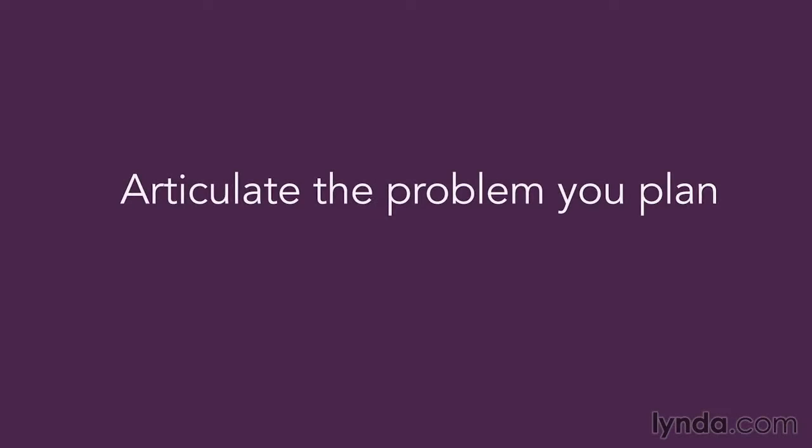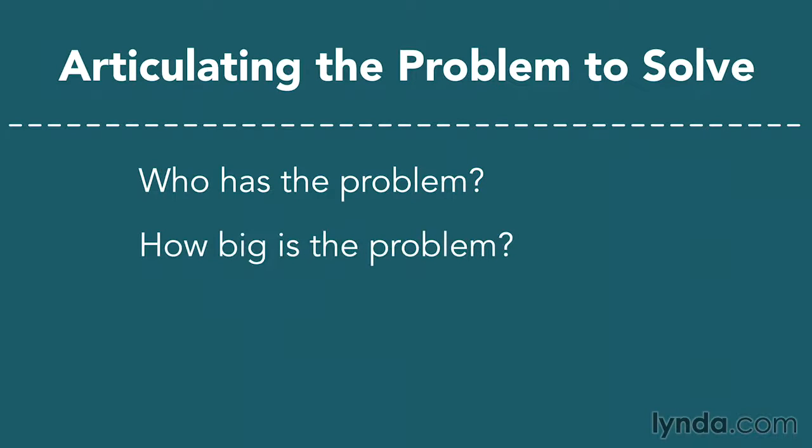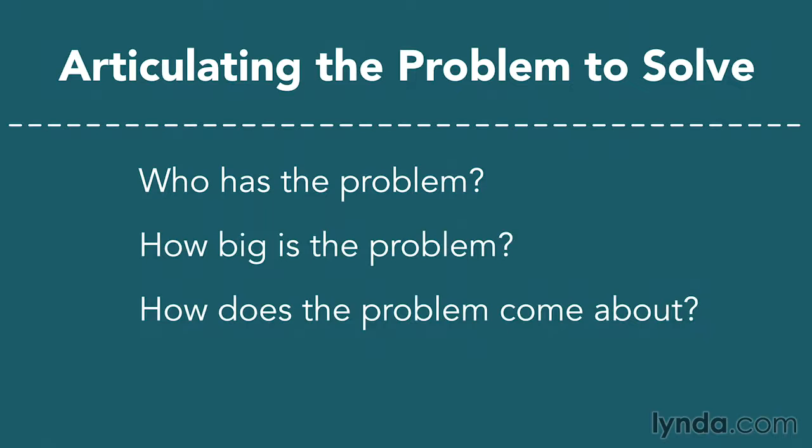The first step in writing your business plan is articulating the problem that you solve. Is this a problem that people are willing to pay you to fix? You'll need to define who has the problem. Is it companies? Is it individuals? Spell out what your typical customer looks like. Then think through, how big is this problem? How does it show up for your customers?